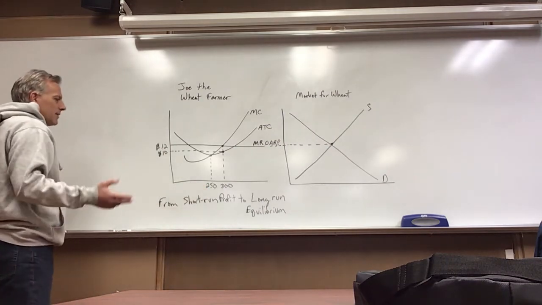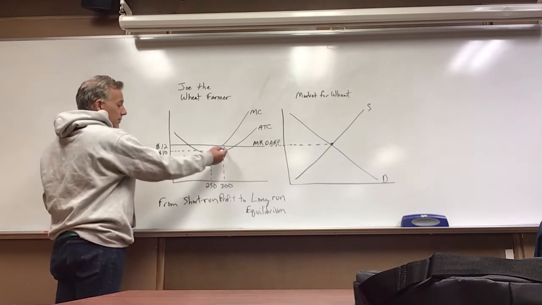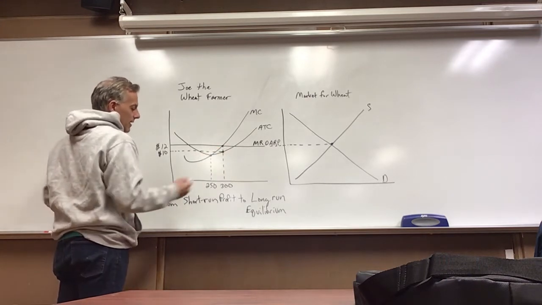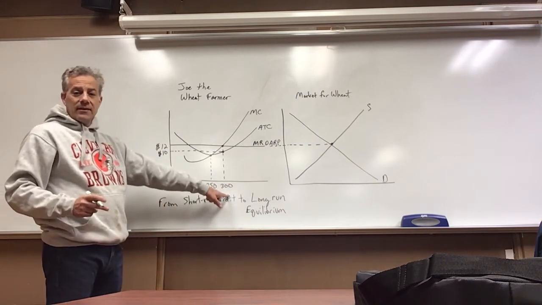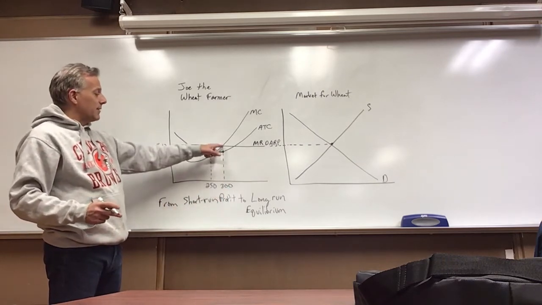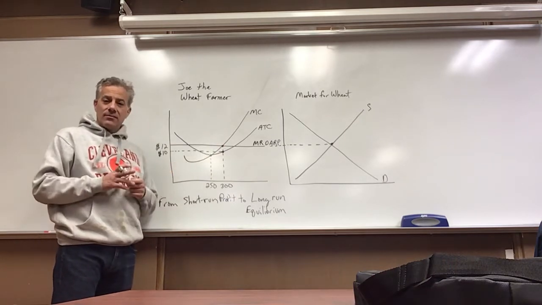So we have here clearly a profitable firm. The price is above average total cost at the short run quantity of 300. Our quantity of max profit is 300. This is where MR equals MC. That does not change, okay,